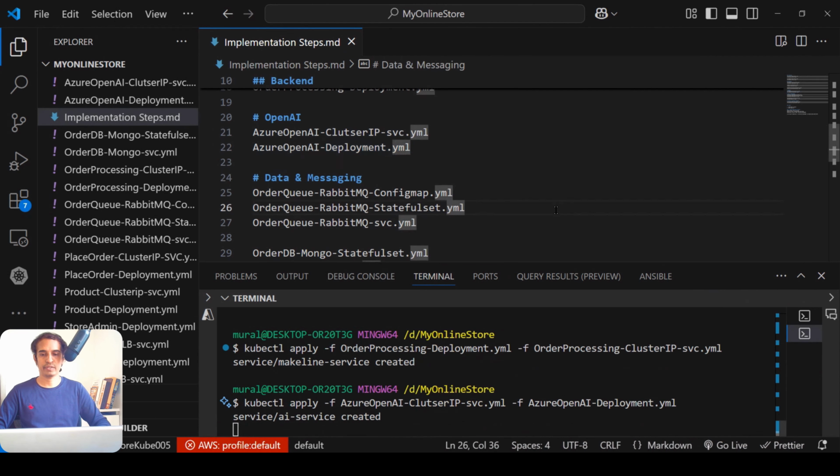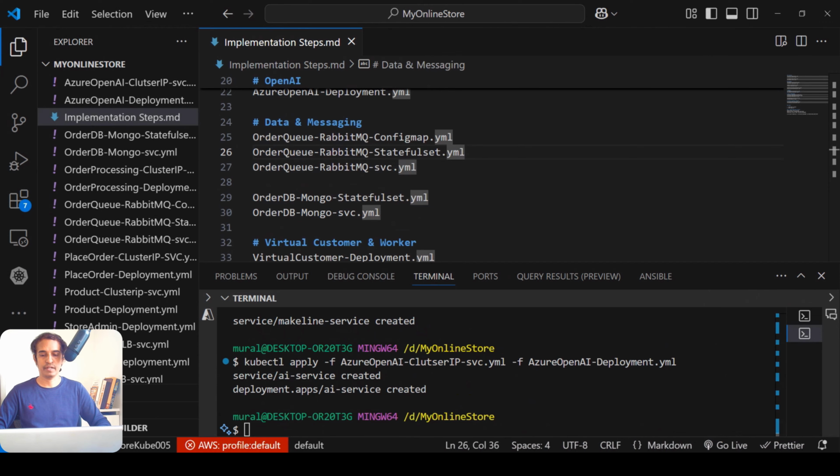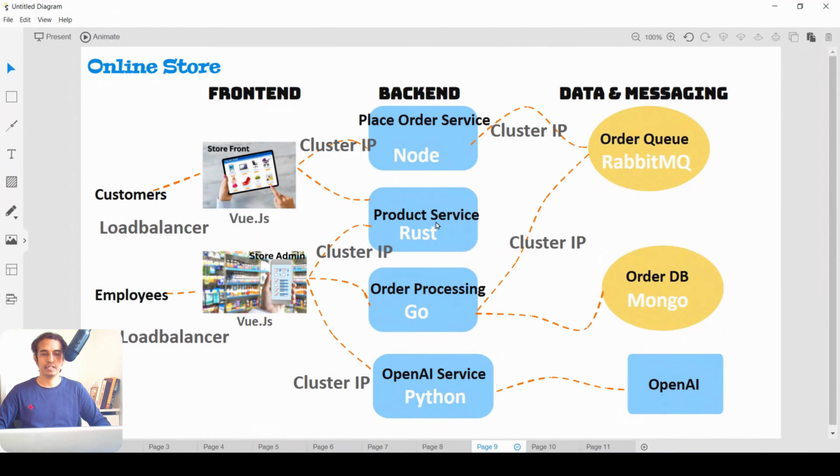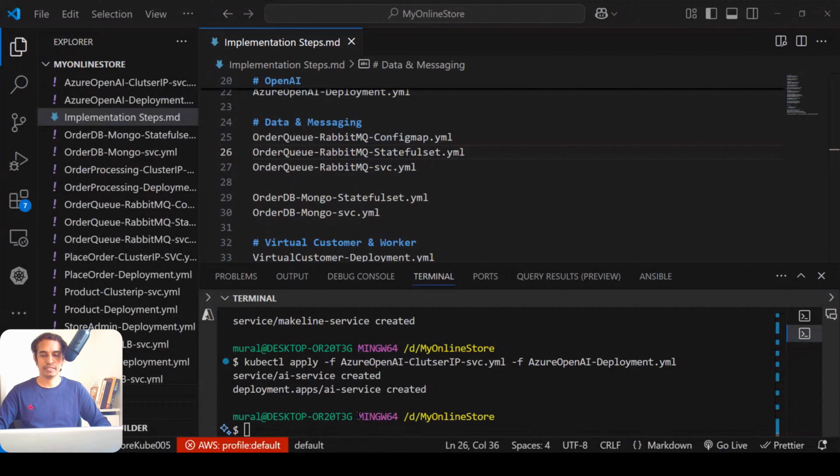And next, let us go back to our data and messaging. Till now, we completed backend services. Now, let us deploy our messaging as well as data also. So first, let us start with messaging. After that, let us see our DB as well. Let us see that. kubectl,